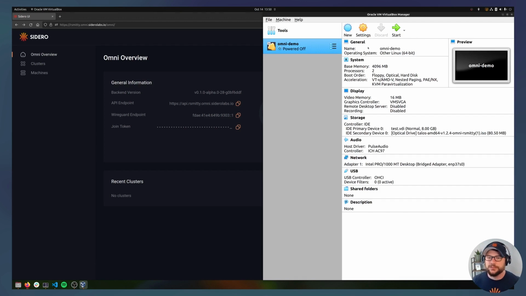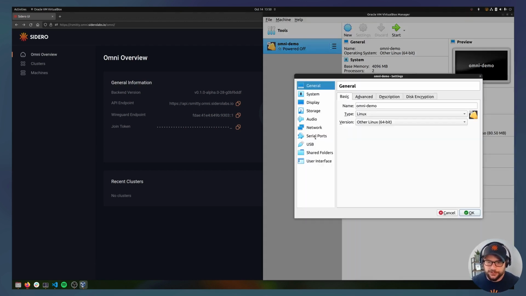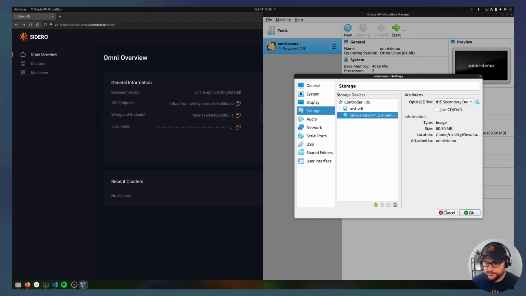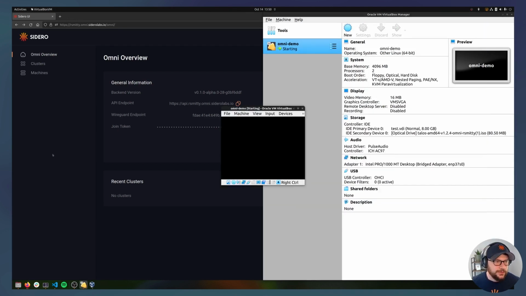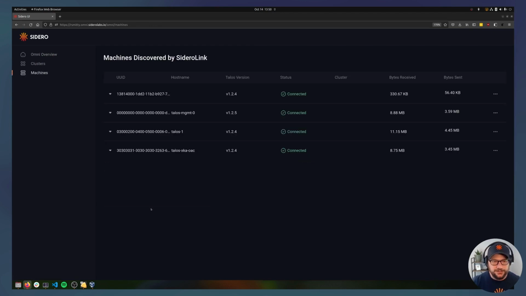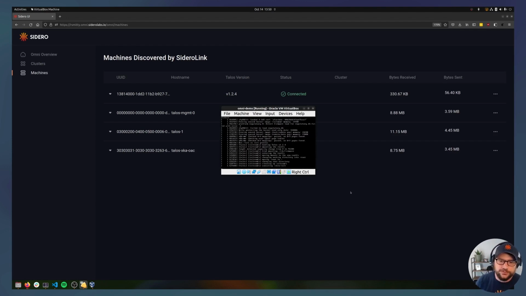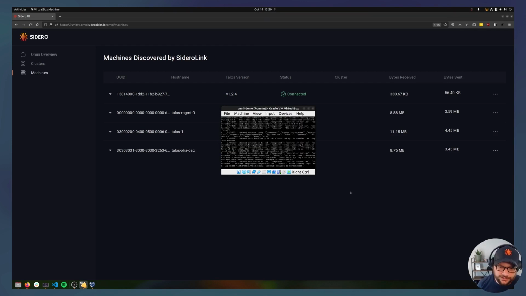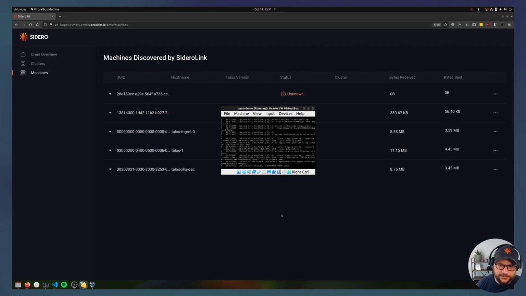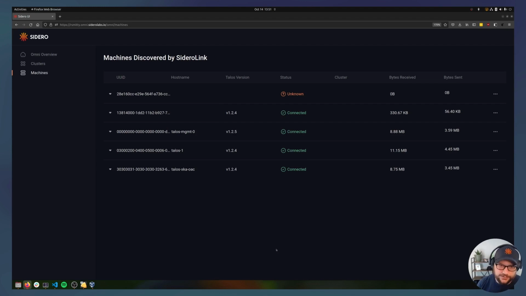This is a VirtualBox VM that I've configured to boot from my ISO. So ISO is specified here, and I can simply say start. Now I've got a few other machines already checked in, but you can see how fast this process is. As soon as the ISO is booted, Talos will pick up the kernel args that are necessary to form this point-to-point connection. It will set up the networking, and it will check in. So within about 10 seconds, the machine is already online and ready to be created and attached to a Kubernetes